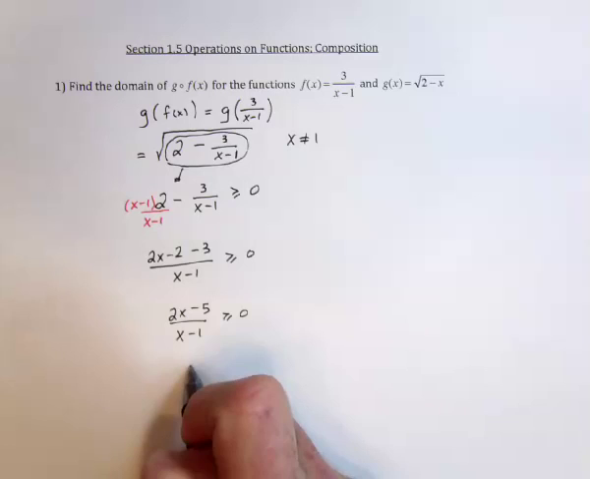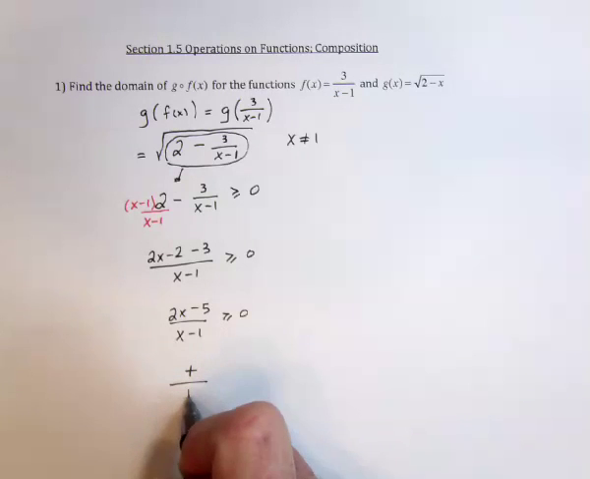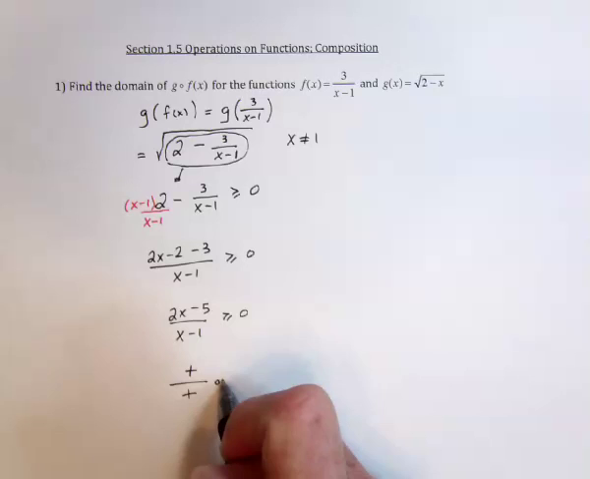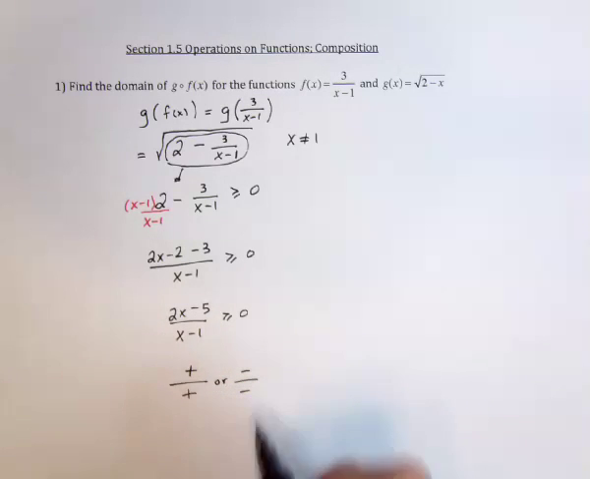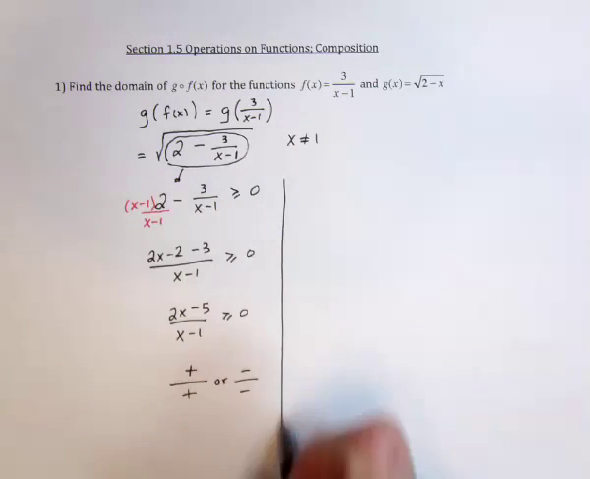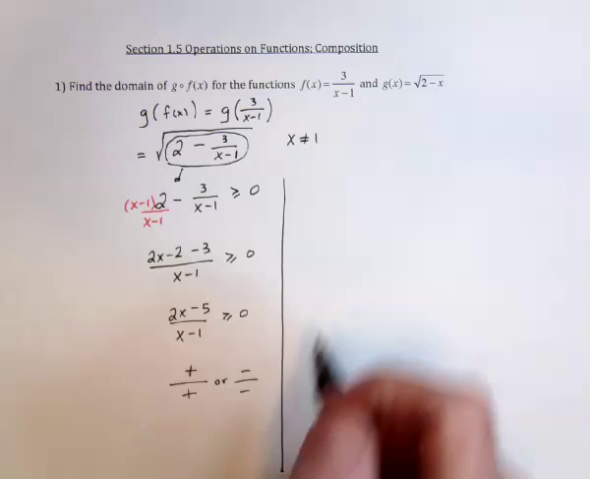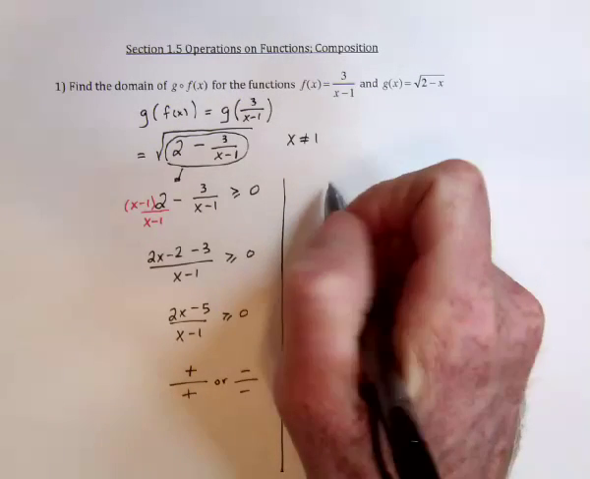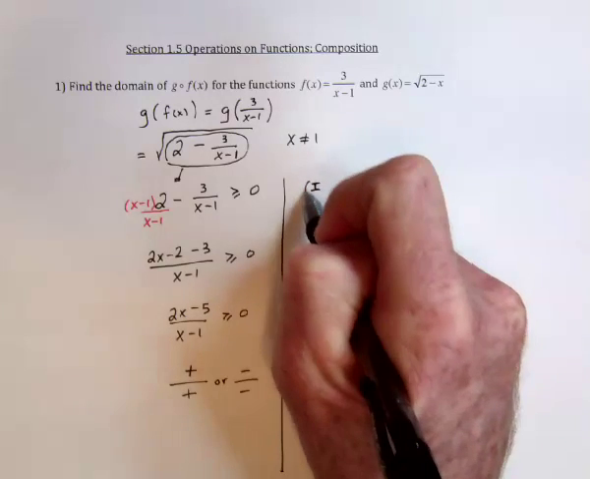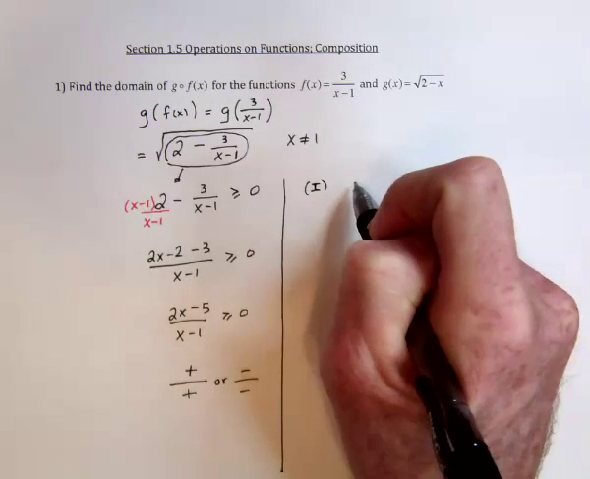Well, in that case, we could have, for example, a positive divided by a positive. That would be bigger than or equal to 0. Or it could be a negative divided by a negative. That would be bigger than or equal to 0. So we've essentially got two cases. One is the numerator and the denominator are both bigger than or equal to 0. So for case number 1, we've got